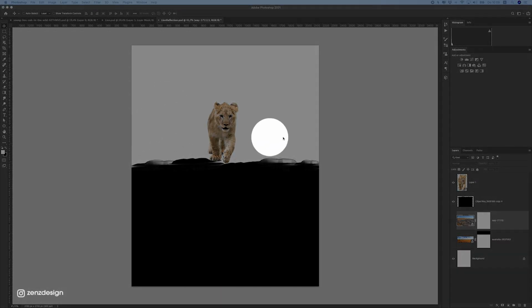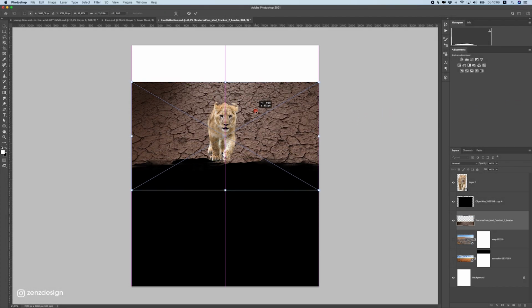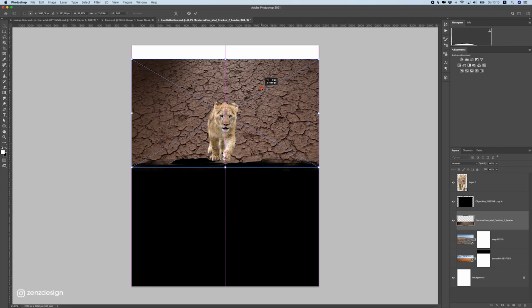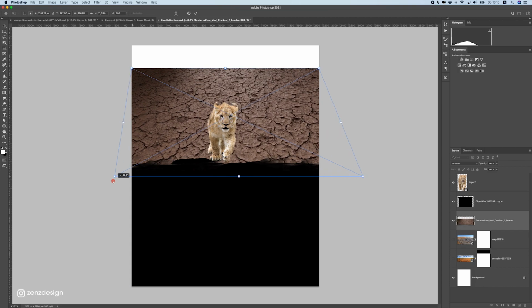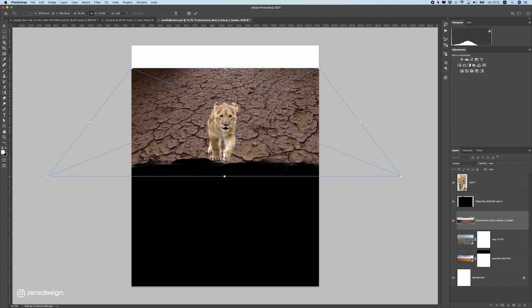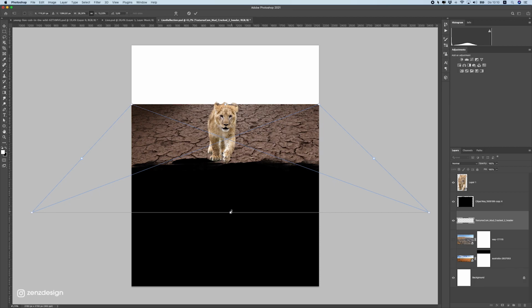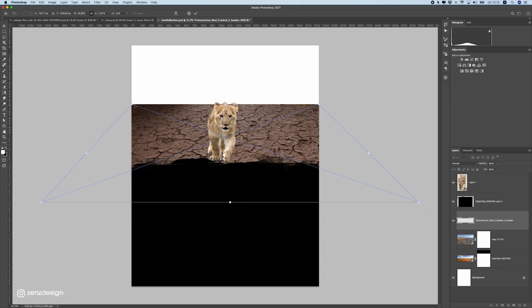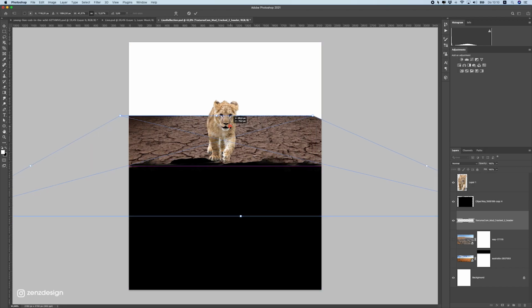Let's create some ground here behind this lion. For this, I'm going to use this texture I got. As you can see, it goes all the way up. We want to make sure it goes down. So what we need to do is, if we hold down Ctrl and Shift, we can stretch these corners to make it go in the right direction like that. Make this side bigger to the left and right, so the perspective is right. We can also move this a bit like that. Let's even make this bigger, so we have the right perspective for this one. Something like this is fine.